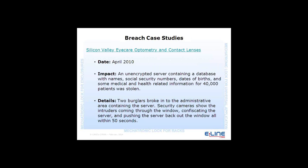Now I'll talk about a few breach case studies. The first breach case study occurred with Silicon Valley Eye Care, optometry and contact lenses. And this happened in April of 2010. What happened was a couple burglars broke into an area that contained the server. And the server was unencrypted. And it had a database with names, social security numbers, dates of birth, and also some medical and health information